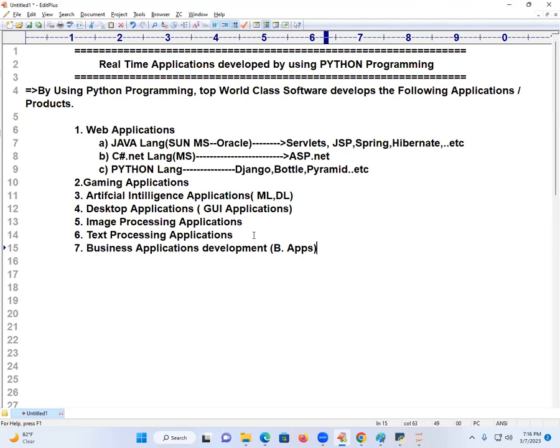How is that app development done? Business apps for customer easy operations purpose. People are developing business apps. In those apps only we are booking the cars and all those things now. That type of business apps can be easily developed by using which language? Python language. Come to next.